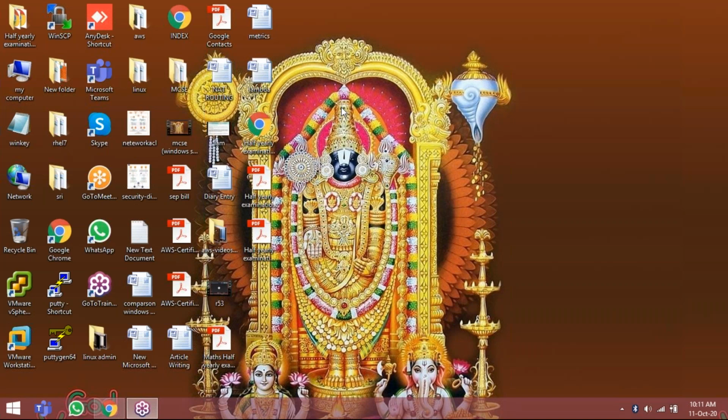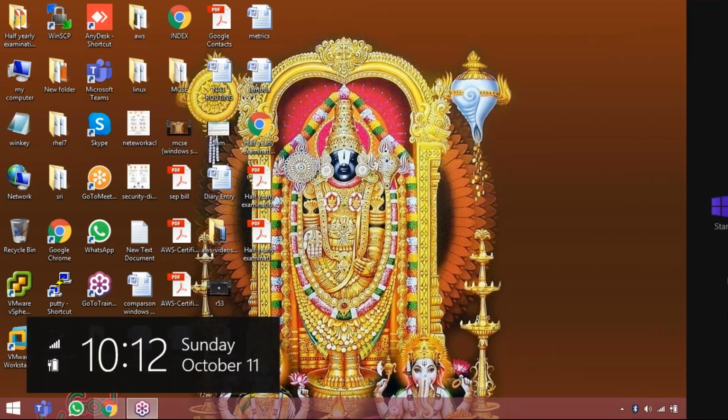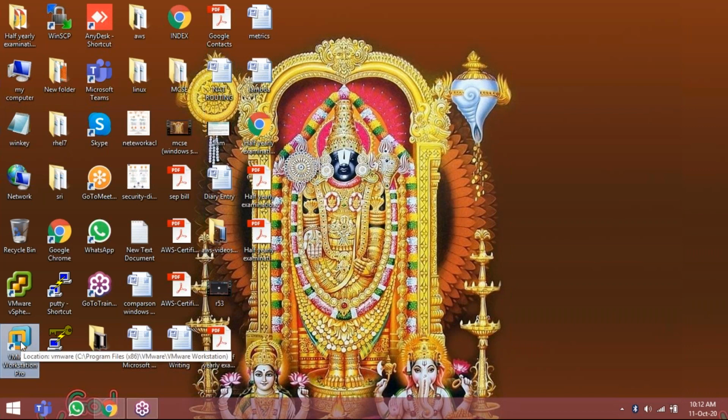Don't disturb your existing Windows OS, because we have a technology called virtualization. Virtualization technology transforms the hardware into software. I am not disturbing my Windows, but I want to install Windows Server now. Earlier, I would have to remove this, create two partitions, install Windows 8 on one partition and Windows Server on the other. But at a time you can work with one system only. Nowadays, we have virtualization technology. I am not disturbing my host OS. So I installed a software called VMware Workstation.